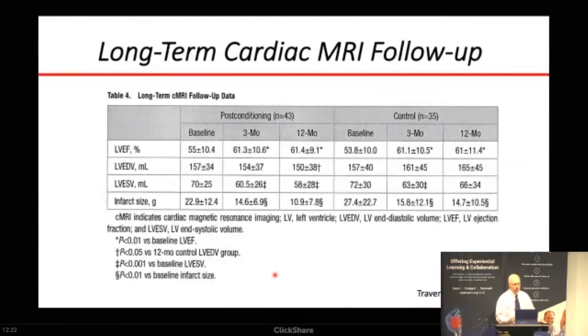So then, as I said, we did long-term follow-up, and then things started to get a little more interesting. So first of all, you can see here, there was some drop-off in the amount of patients that were able to come back for their 3 and 12-month MRIs, but these are the patients that did all the follow-up. You can see that ejection fraction improved in both groups from like 55 to 61%. Now in the post-conditioning group, the end diastolic volume actually went down, whereas in the control group, it actually went up. So the remodeling was significantly beneficial with post-conditioning compared to control,